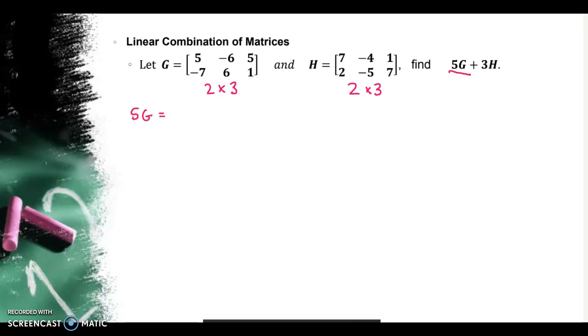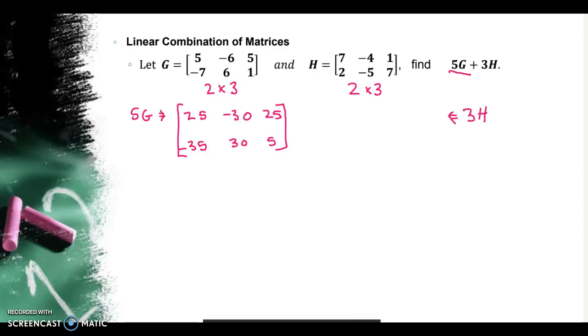5G is going to be 5 times each of the entries in G, so it's going to be 25, negative 30, 25, negative 35, 30, and 5. That is 5G. Now 3H, I'm going to